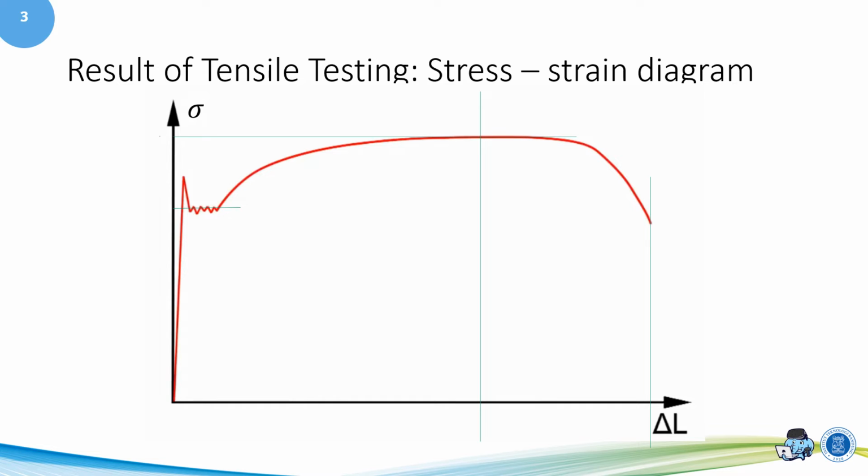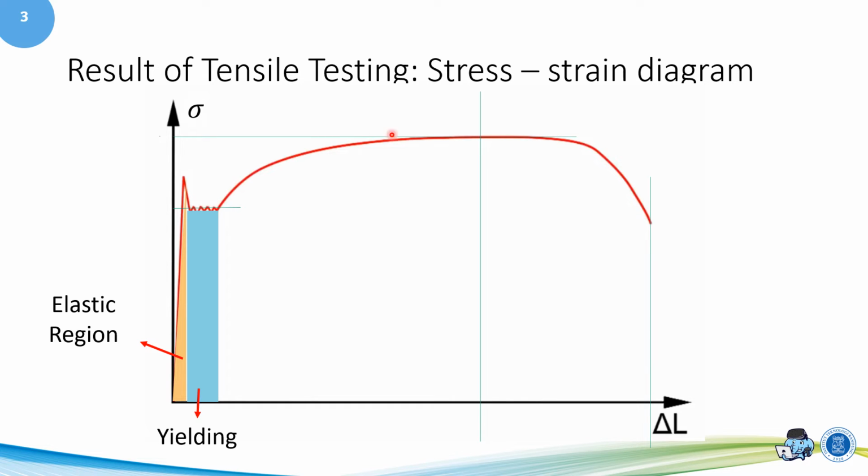Another one is about the phenomena in the tensile testing. There are four phenomena in the tensile testing. The first one is the elastic region. The stress and strain are proportional with the same gradient. And then the second phenomenon is the yielding. A slight increase in stress above the elastic limit will result in the breakdown of the material and cause it to deform permanently. When yielding has ended, an increase in load can be supported by the specimen, resulting in a curve that rises continuously but becomes flatter until it reaches a maximum value.